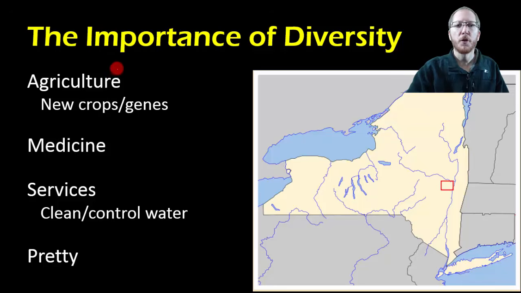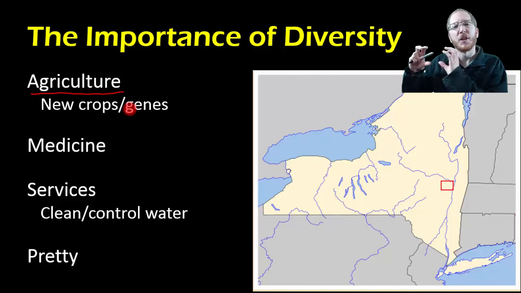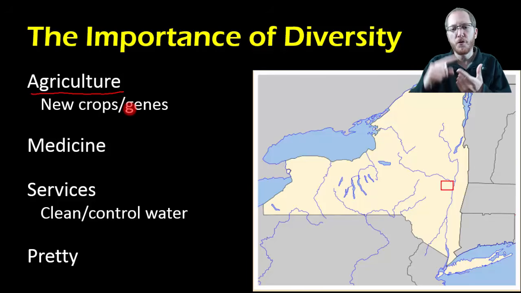When we want to go through and get food, to get crops, especially as our population keeps growing, we need agriculture. And agriculture, as we have these additional species of plant and animal, can use those species of plant and animal for food. Or in some cases, we can even pluck out some genes that they possess that are really good genes, and insert those in the livestock that we have, in the crops that we have, to give them those unique traits that can let us grow more food, better food, and help us stay alive.